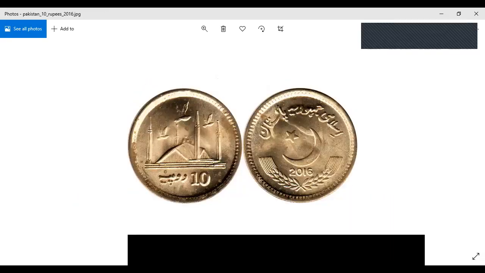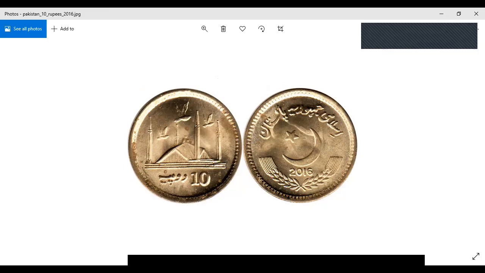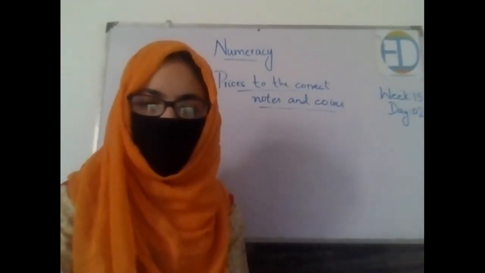Okay, look at this coin. This is the 10 rupees coin in Pakistan, and this is a bit in golden color. It looks more like the 5 rupees and 2 rupees coin, because on one side we have again the star and moon, and on the other side 10 rupees or 10 rupiah is written, and there is this picture of... yes, can you identify this picture? What is this? Anyone? Raise your hands. Hurry up. Okay, all of you are raising. Excellent. This means that you can identify this. Vase? Yes, Vase. What is this? It's Faisal Mosque. Very well done. Okay, let's look at the picture of the 20 rupees coin as well.